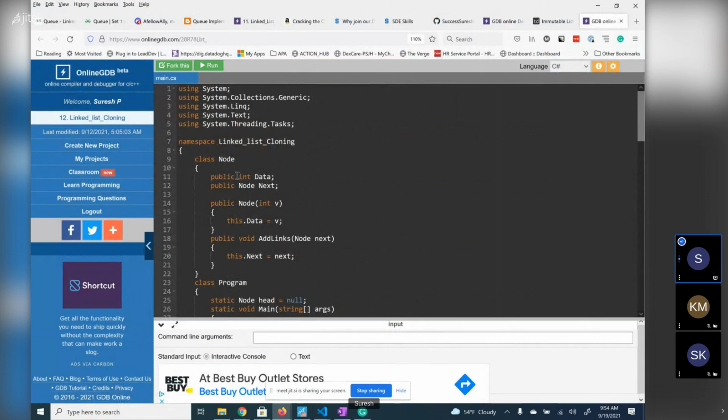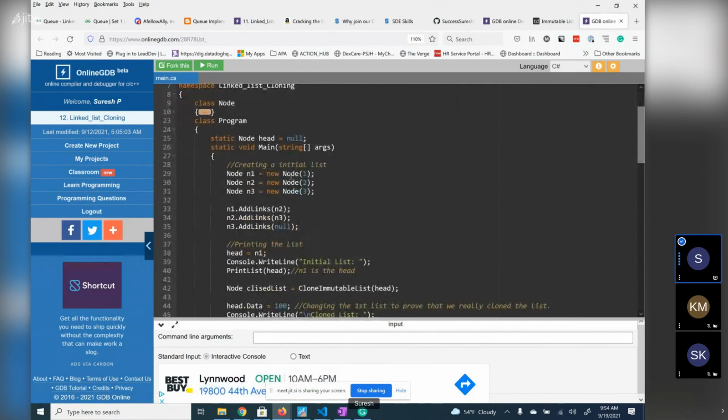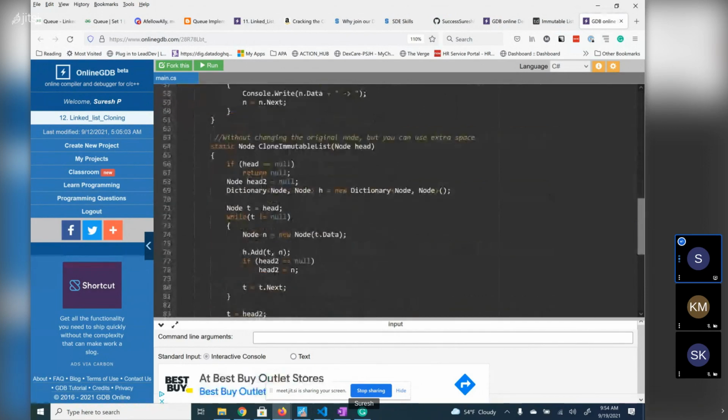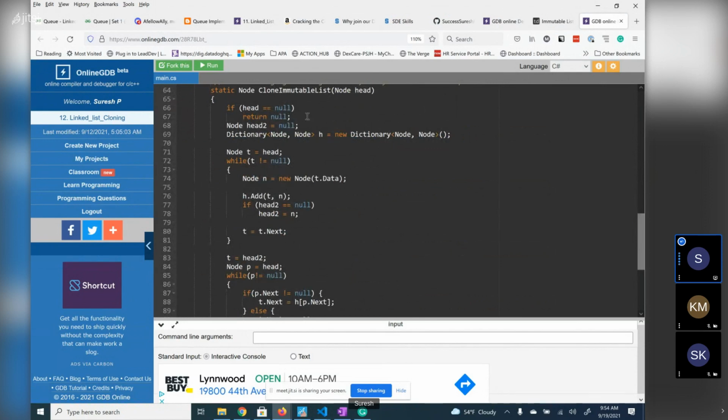Here is the node, and here is the node data and add links. This is a pretty common data structure node, and here is the main problem, and here is the cloning. How can we do this without changing the original node, but you can use extra space? So here is the head node, and as I said, we are taking a dictionary. Dictionary is a hash table. Dictionary is in C#. We call dictionary, which has node and node,